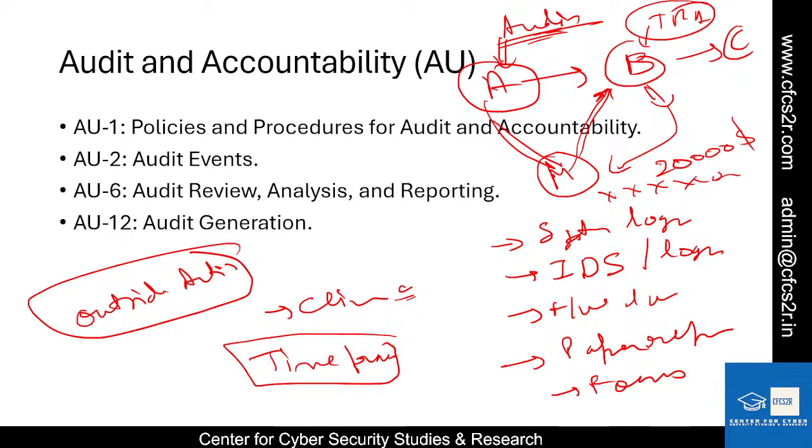Then we have event logging. Whatever events are being logged should be part of it. Then we have audit reviews, analysis, and reporting. Whatever the audit has covered and analyzed, the reporting should be done in a proper way. Then we have audit generation. Audit generation is a very important part; the audit should be raised in such a way that proper